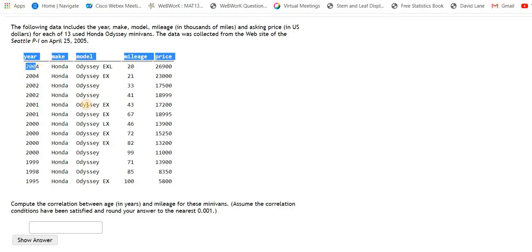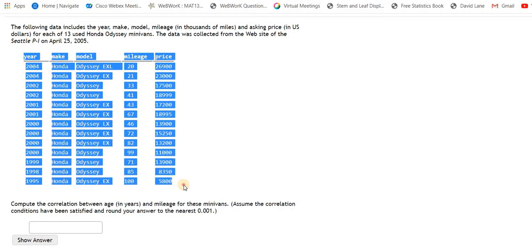So what I want to do here is compute the correlation coefficient between the age in years and the mileage for these minivans. We're going to assume that the correlation conditions have been satisfied, and we need to round our answer to 3 decimal places. So I am going to select my data and copy it,